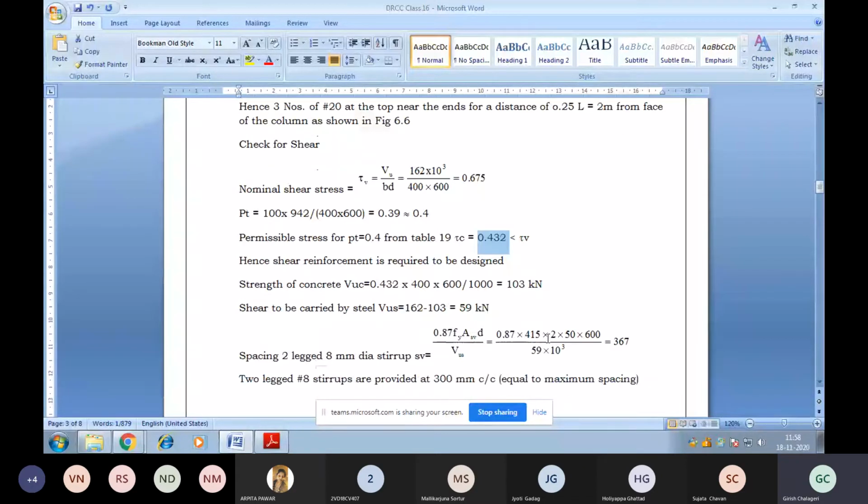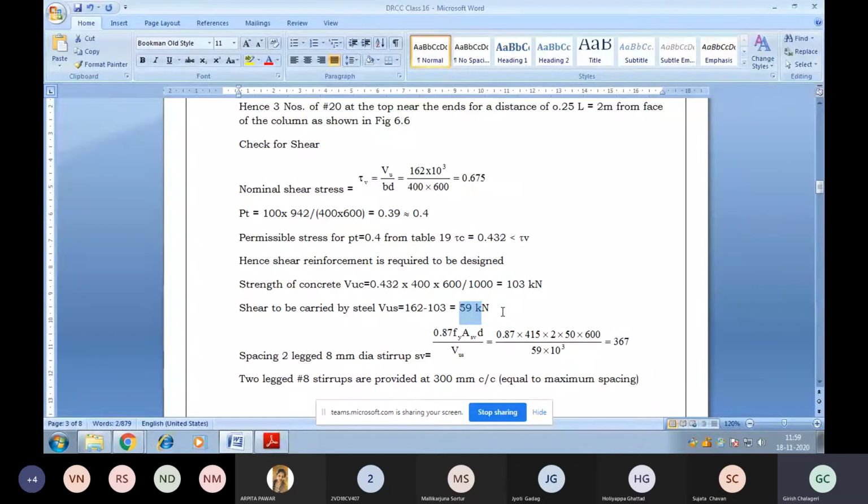So for shear reinforcement, again, we can use table number 62 from SP16, or we can use the table directly from IS 456, where we get a Vu value, that is the value of reinforcement left behind due to the shear force. That is 102 is the total load, minus the resisting moment for τc is 103. So left with the Vus is 59. For 59 kilonewton, we need to provide the shear reinforcement.